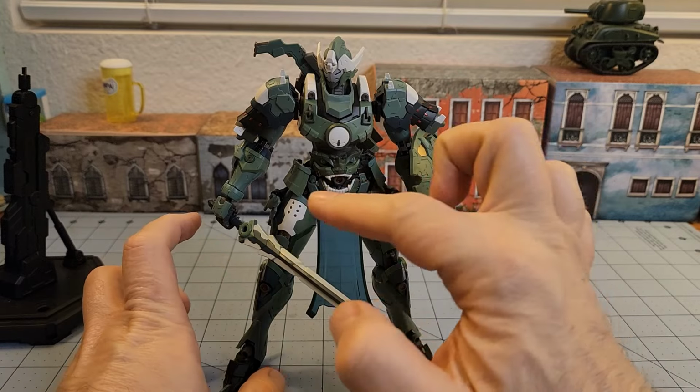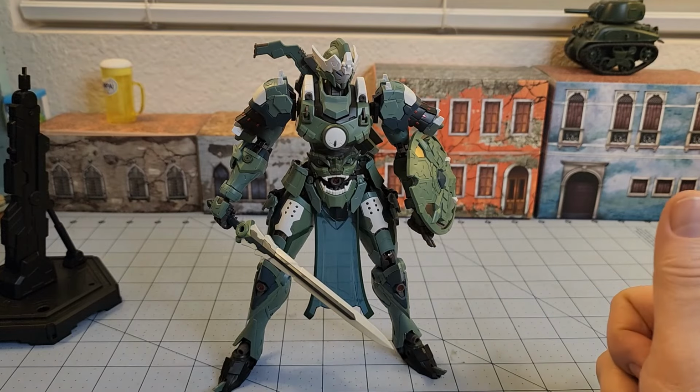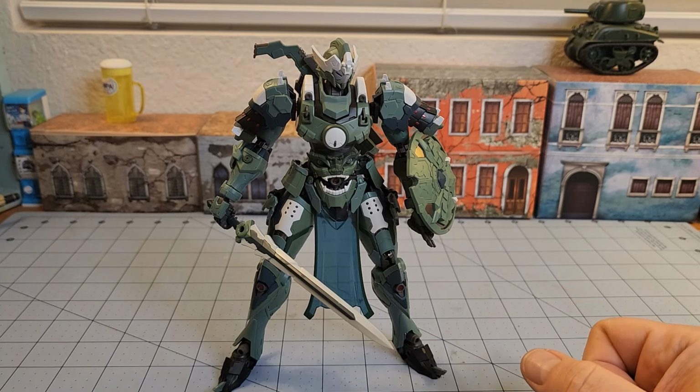On the hip piece, that is. The hip armor, that's the only one that's really an issue. Everything else, you know, and even then, you can see it's fine. I've messed with it, fiddled with it, moved it around, no issues. But what really surprised me the most about this kit after building it, I did mention, I believe, when I